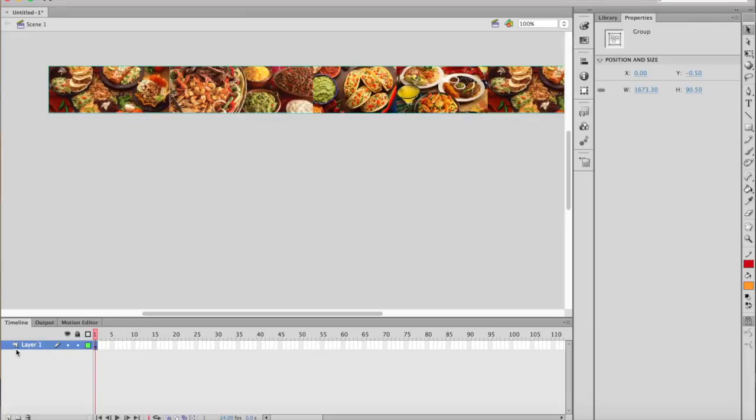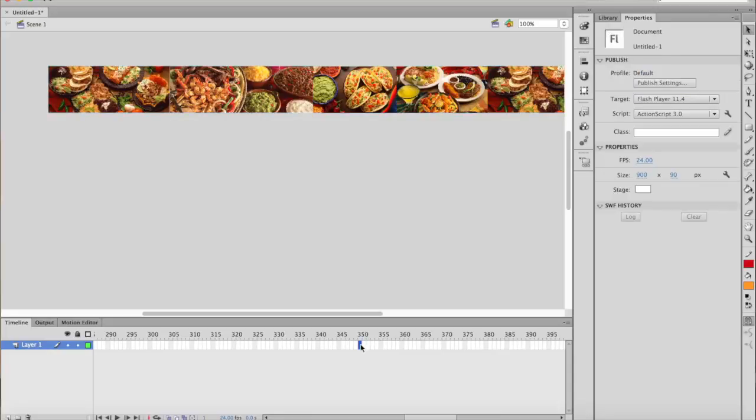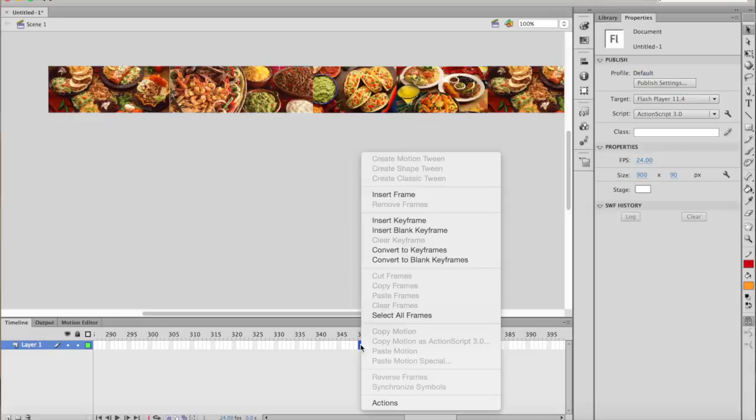Now we have a layer. Now what this layer means is that this is the starting position of our banner here. Now this represents time. So I'm going to move it up to about 350 seconds, which is about here. Now I'm going to select that like so. I'm going to push Control, and I am going to